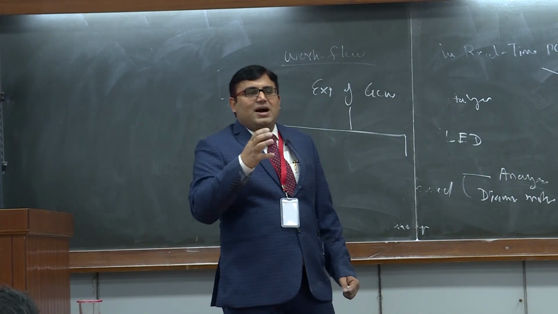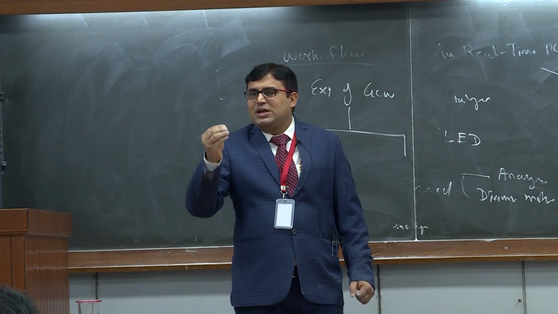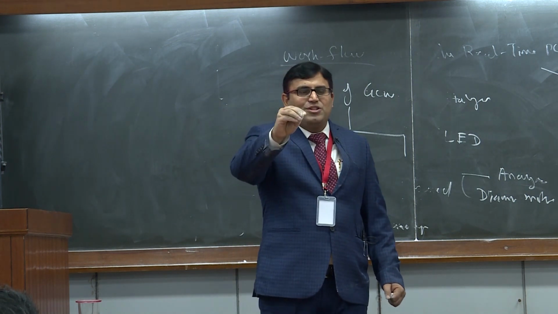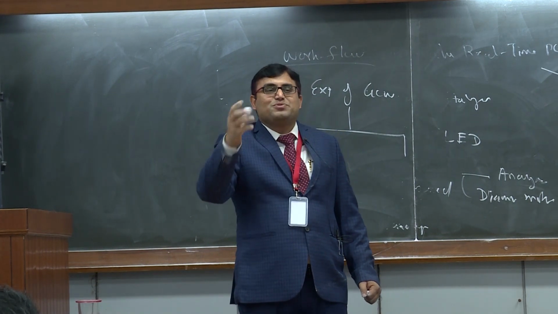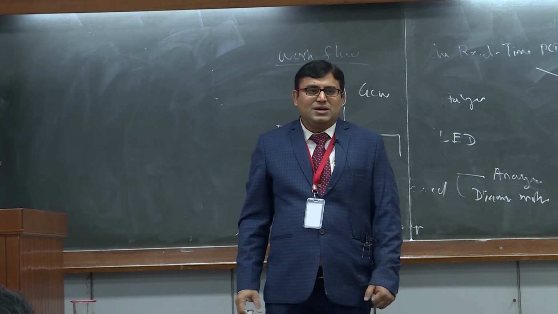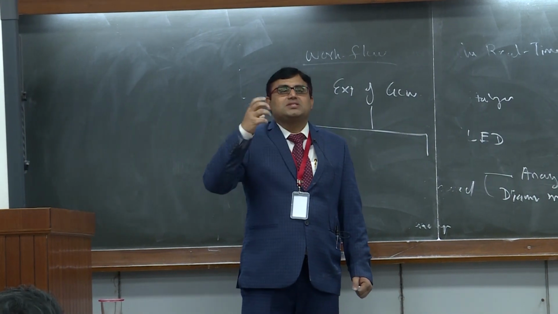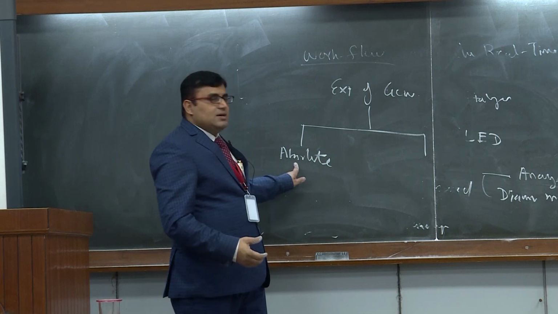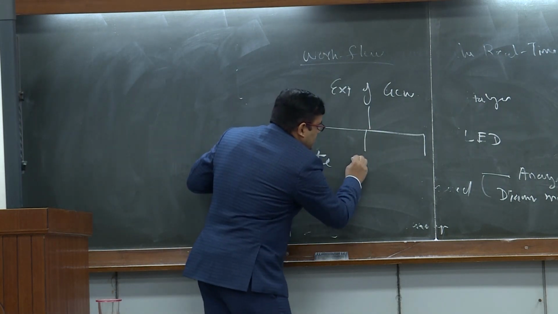You are going to have an unknown CT value. CT means threshold cycle value. That you are going to plot on the standard, and that standard will give you the number of transcripts which is present in your reaction. So the expression which is calculated by using the standard graph is absolute expression. There is another expression which is called